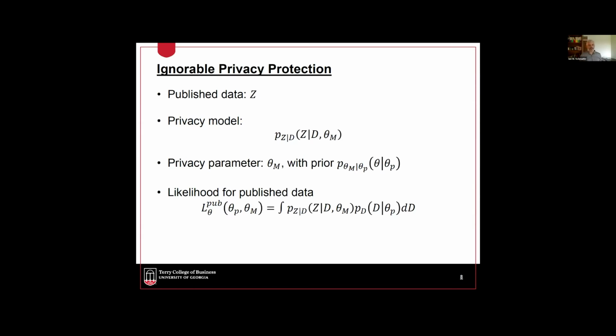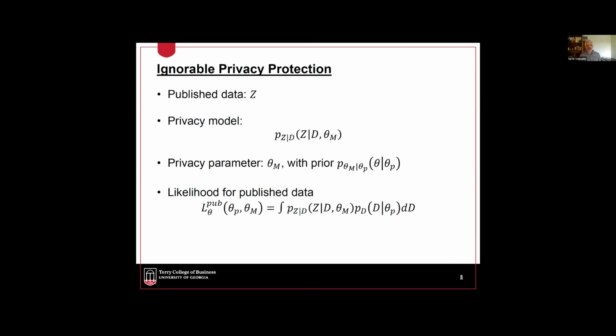And this is the case whether or not we're thinking about a system that has been operated using differential privacy, or indeed the types of privacy protections that are currently being used at the Census Bureau and other statistical agencies. The data that we get out as researchers are not the same as the data that went in. And regardless, the data were subjected to some kind of privacy model, which we could think of as being probabilistic or deterministic, where the probability of observing the published data depends on the input data and some parameter that describes